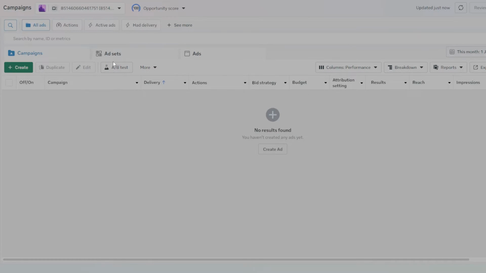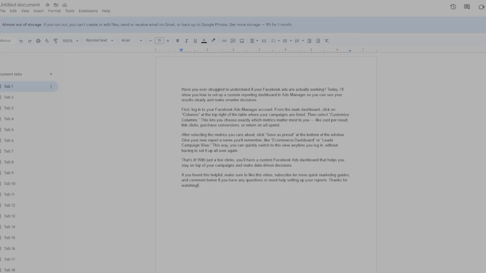return on ad spend. After selecting the metrics you care about, click Save as Preset at the bottom of the window. Give your new report a name you'll remember, like eCommerce Dashboard or Leads Campaign View. This way, you can quickly switch to this view anytime you log in without having to set it up all